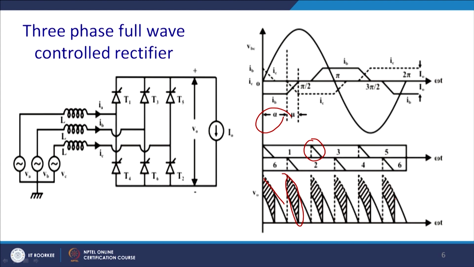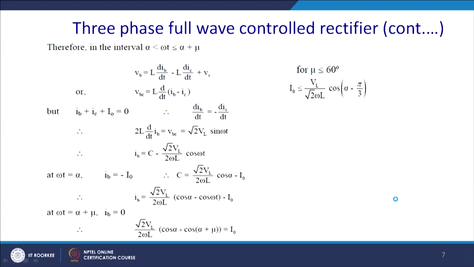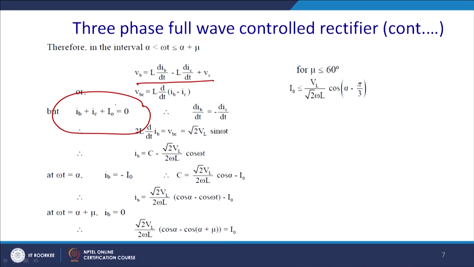So, you can see that there will be a huge drop in the case of the thyristor, because turn on you can control. This is a case where alpha is less than 60 degrees. So, we can write the equation here also, that is omega t should be greater than alpha and you are triggering at an angle alpha to mu. So, you write down the equation for phase B. Similarly, phase BC will be the current between IB minus IC into L di/dt. Since it is a 3 phase 3 wire system, this equation will hold good.